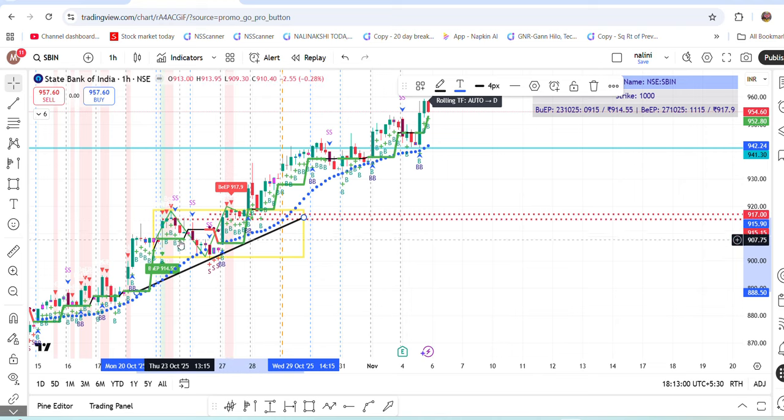Price closed near the bottom on 24th. Sellers have been induced. Stop losses of sellers, retail traders thinking that the market is going to go down, they have entered into the market. Many people enter in the last hour with a BTST trade. Can you see the next day it gaps up. It gaps up to the level of 900 and in the first hour itself it reclaims the 914 and goes up to the 990, and a bearish EP was generated.